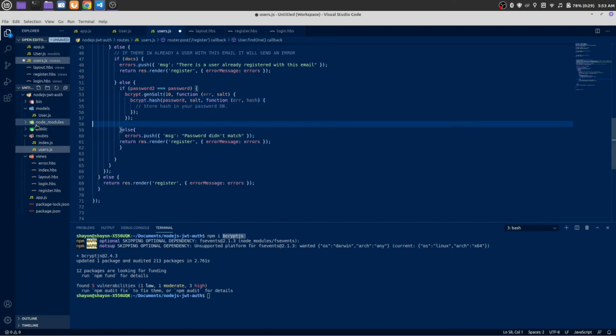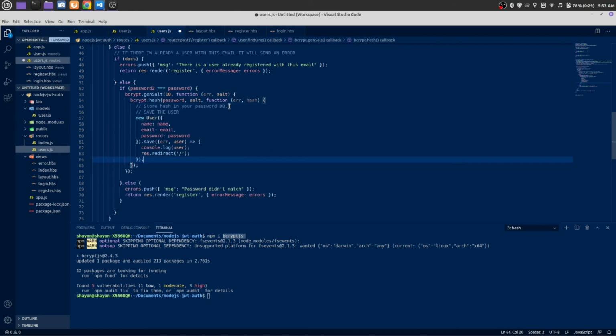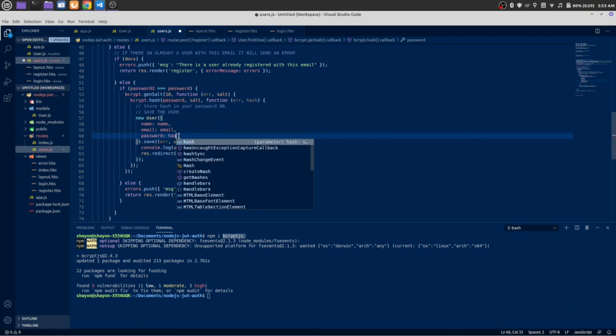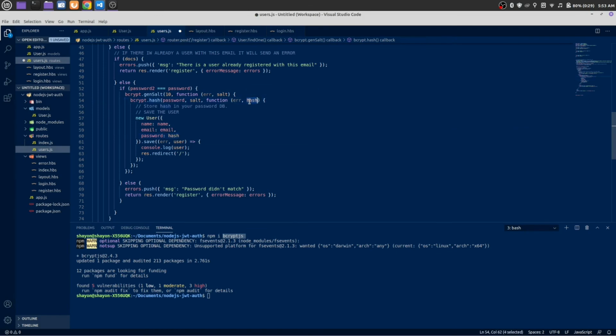And once the password does match, then it will save to the database, and this password will be hashed. That means now we can encrypt our password by using a long string hash. You can see once the user is saved to the database,